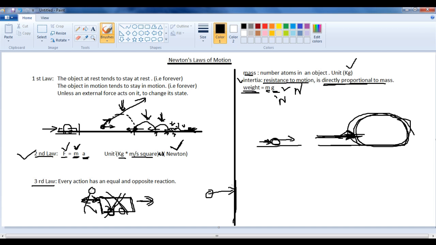Then when the ball hits in this place with some force, we know that there will be an equal and opposite force so that the ball comes back, right? Let us take some other example. Let us take the water is flowing like this. If the water is flowing like this, then the water molecule will be having some force so that it is moving in this direction. Correct or not? If there is no force, it will not move. That we know that. So it is moving in this direction.